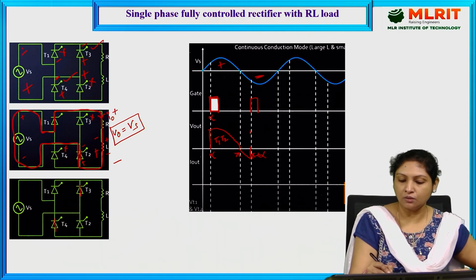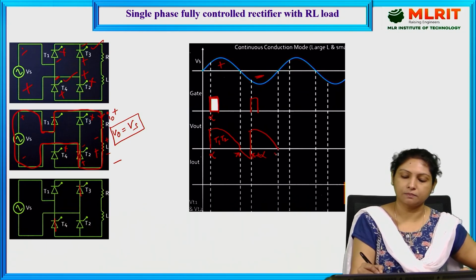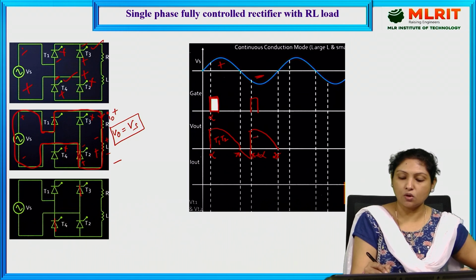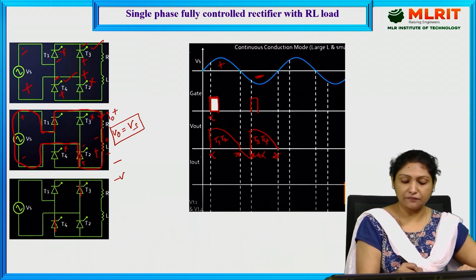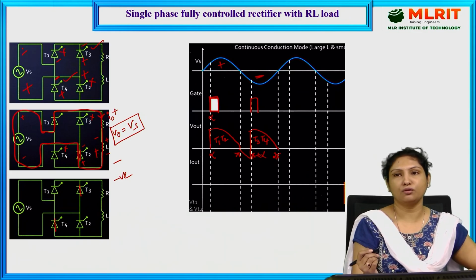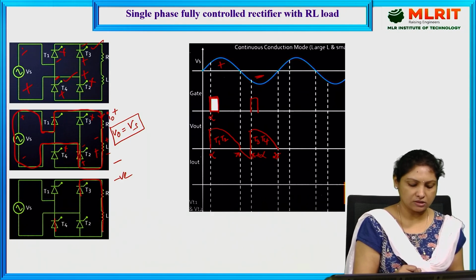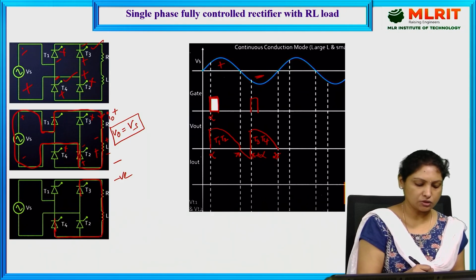So that is how we are getting conduction output voltage right from pi plus alpha to 2 pi because of T3 and T4. And during the negative half cycle, let us see the current path, how it is actually flowing through the load. When T3 is conducting current through the load, T3, T4 is short circuited,